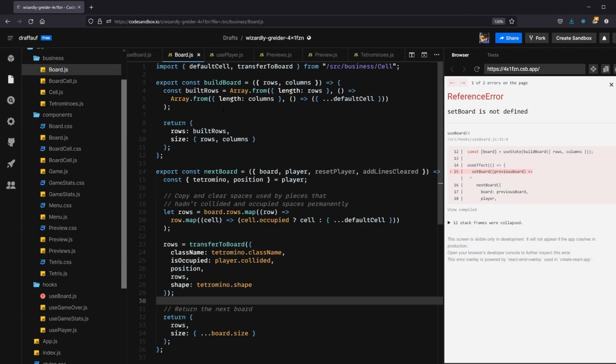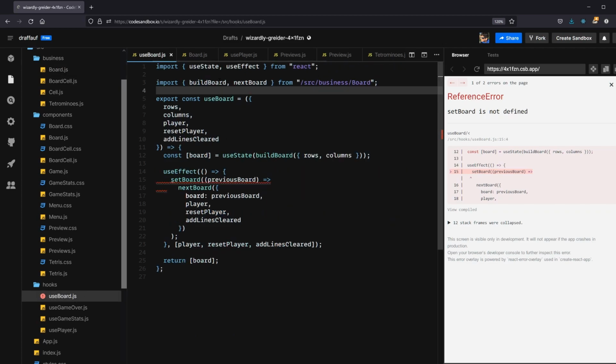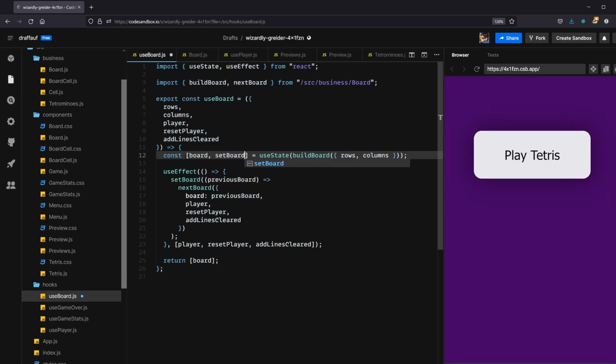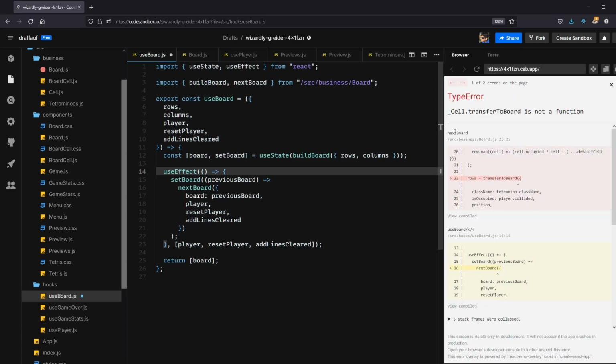Let's see what that's. Oh, I know what that's from. So we'll go back to use board. You can notice just from this error over here, we're calling set board, but when you look up a couple lines to useState, we're only grabbing the value and not the setter. So we need to go back there, and we're just going to add set board. Anytime you use useState, you get a value and a setter, and that's all this is doing, just getting the value and the setter. So let's do this again. Okay, so now